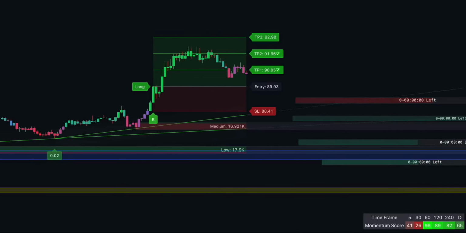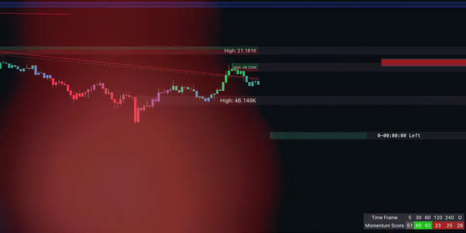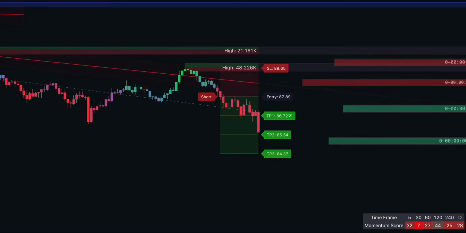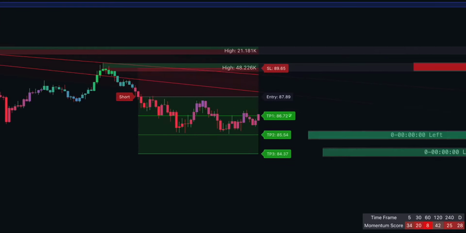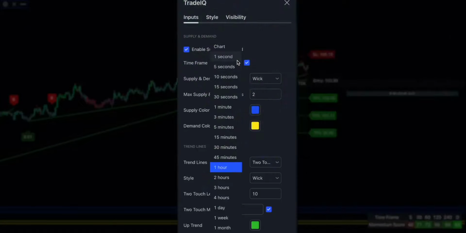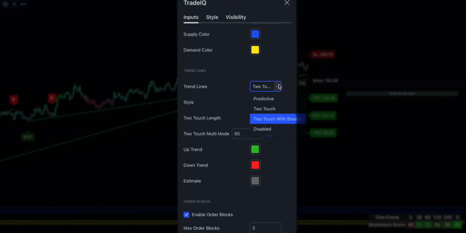What sets this tool apart is its all-encompassing approach to market analysis, providing you with an all-in-one solution. Unlike other indicators that focus on specific aspects of trading, the Trade IQ tool offers a multifaceted approach. It combines price action analysis, trend identification, and volumetric analysis, offering a more comprehensive view of the market than any single indicator you know. It includes features like supply and demand analysis, trade entries with targets and stop losses, and trend lines with breakouts. Additionally, it integrates advanced concepts such as ghost order blocks that predict future support and resistance